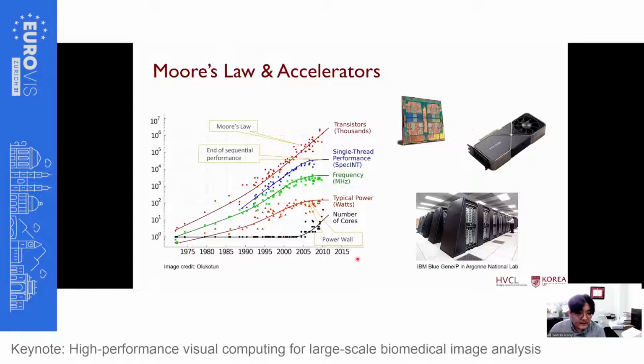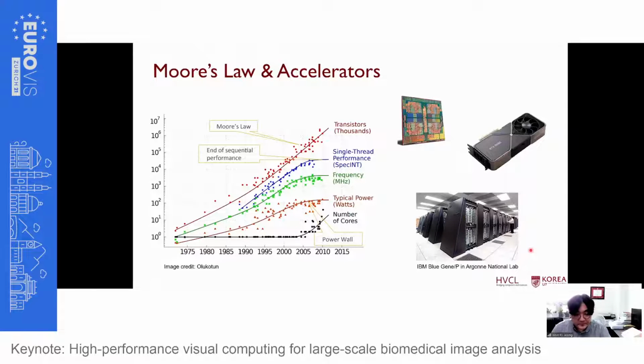So here, this is the well-known Moore's law. Everybody knows this graph. The transistor count doubles every 2 years. This doesn't mean that the transistor is getting faster, but we can leverage more transistors. But still, the performance is not going up quite a bit. So the only way that we can improve the performance is by leveraging parallelism. So we can increase the number of cores with the same number of transistors, and basically we can leverage the performance better.